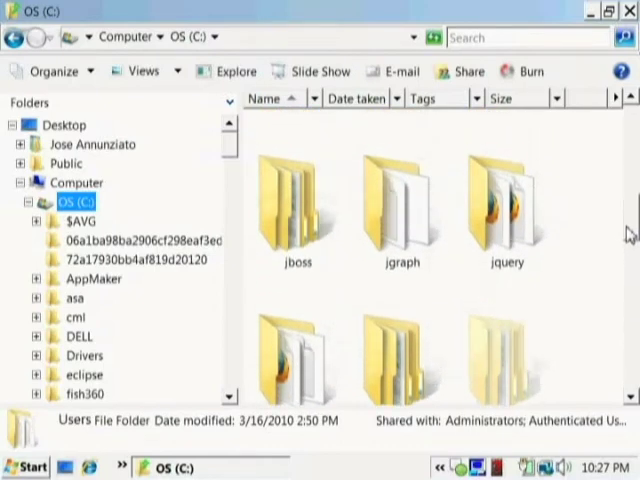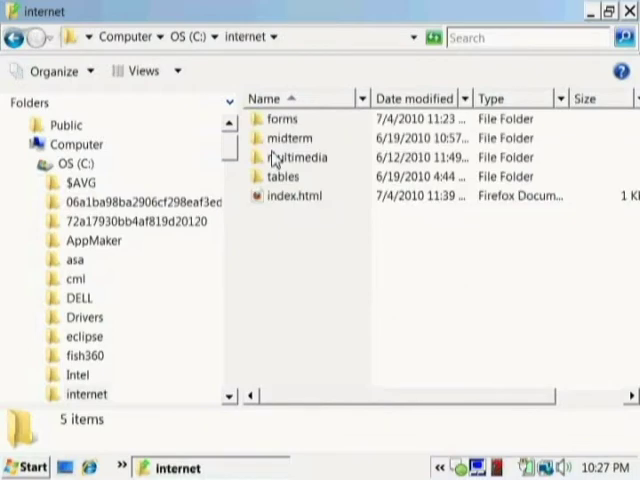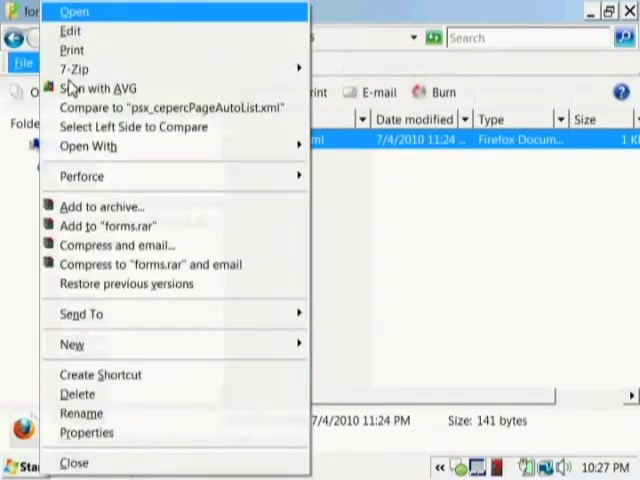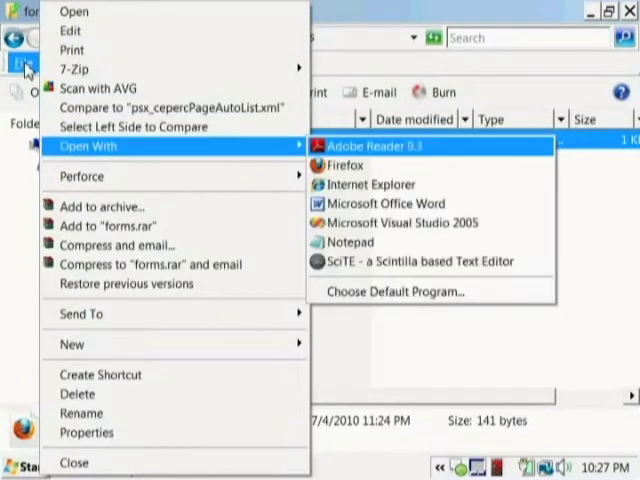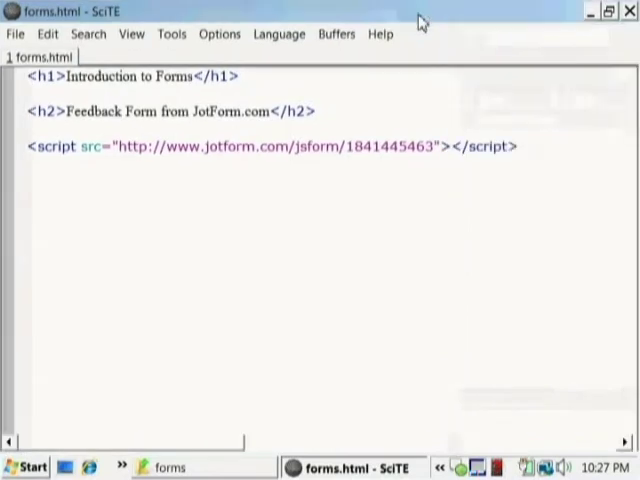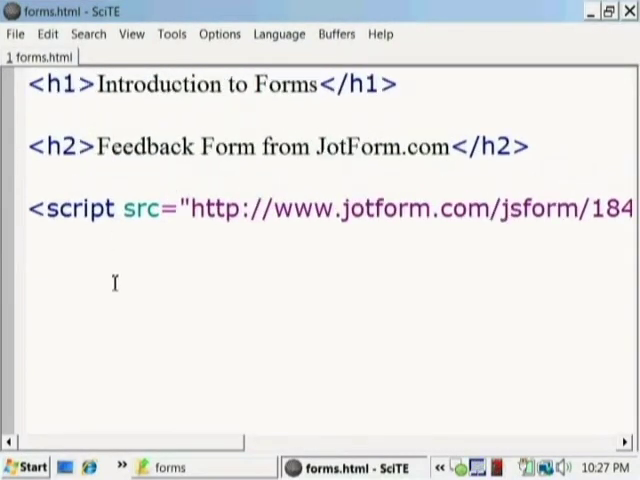We're doing all our work in our internet directory, so let's go there. Let's double click, and under there we had created a directory called forms and a forms.html web page. So let's open that up and let's edit it some more. Let's open it up with our favorite text editor. In my case, I'm using Site, so I can zoom in and show you in more detail what